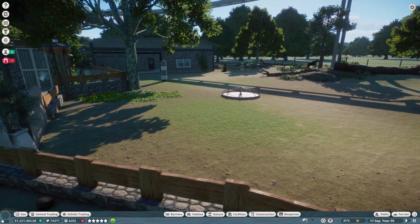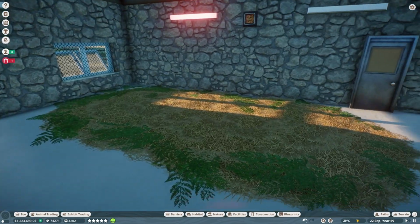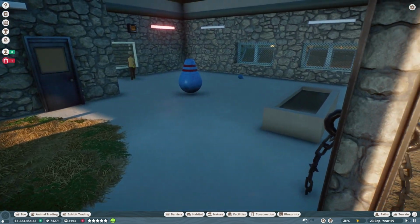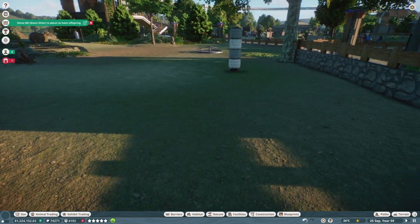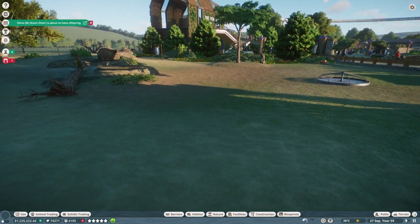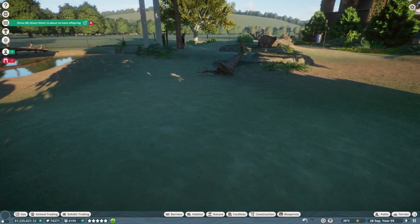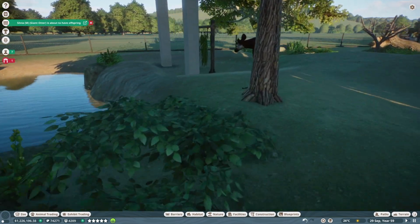But this is the habitat from the guest point of view. This is the inside area for them. Just their little water kind of area as well. And their food is just outside. Now, there isn't a lot of enrichment for them at the moment because we haven't researched a lot, but we have a couple of feeders, a little bit of a grass one over here